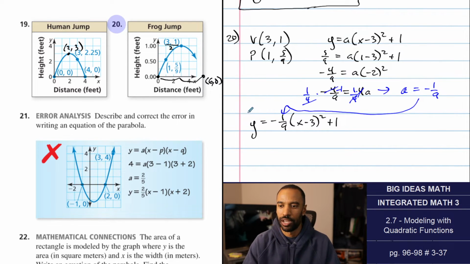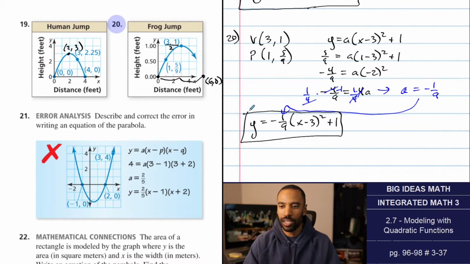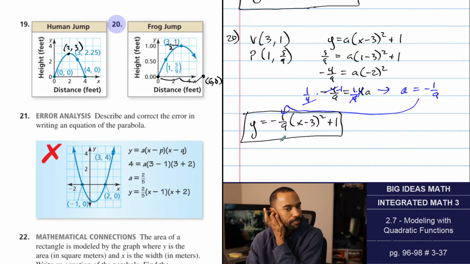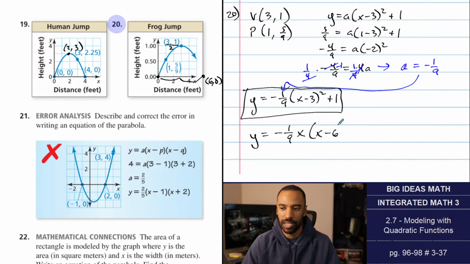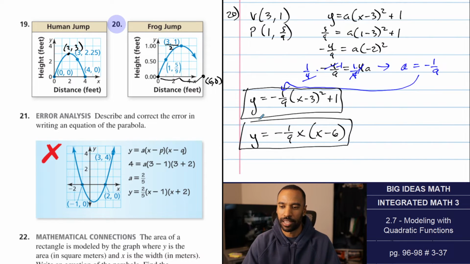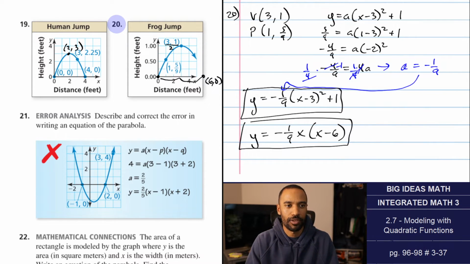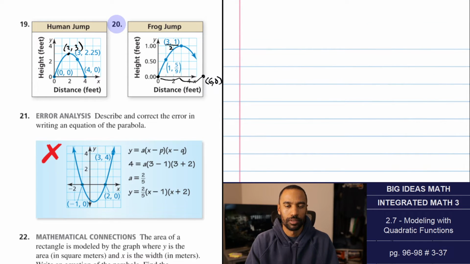And there's our final answer. That's vertex form. If you're interested in intercept form, because a is still negative 1/9, I can write that answer for you, assuming that that x-intercept is 0 and the other x-intercept is 6. It's probably that answer there. So I'm going to provide you that one because it's possible that you went about it that way. You know what I mean? So we'll go and leave it like that. Okay, let's move on to